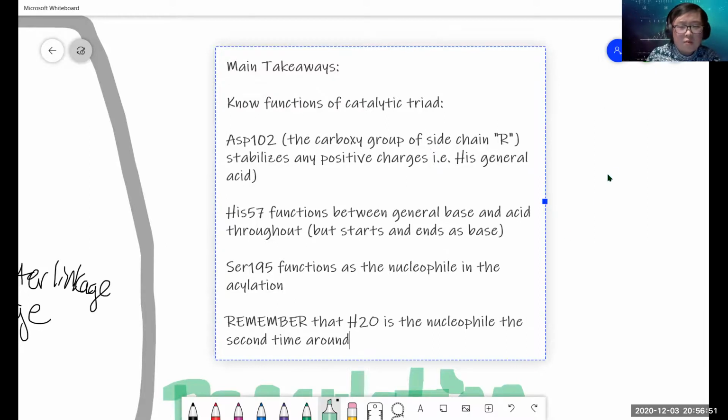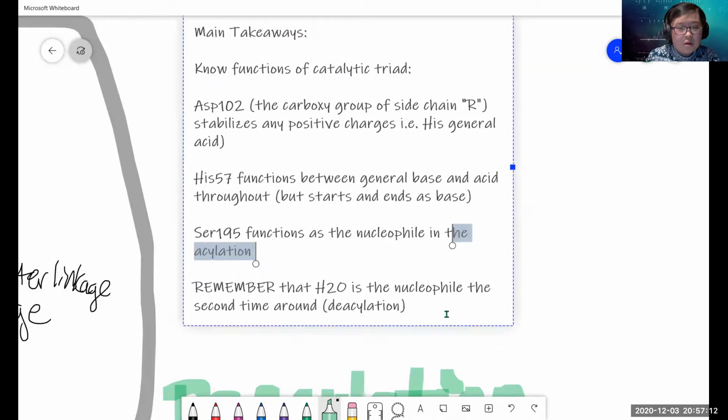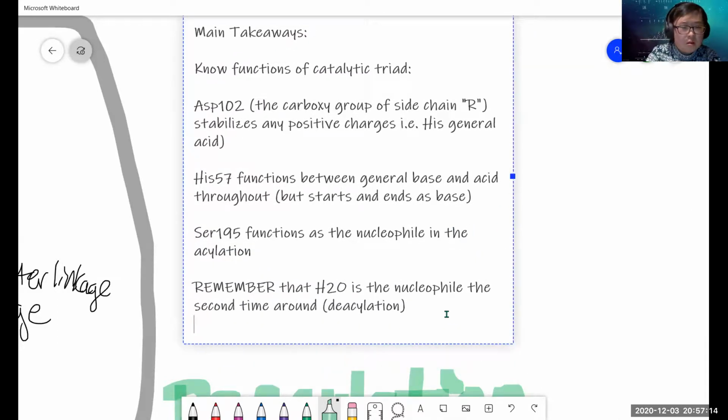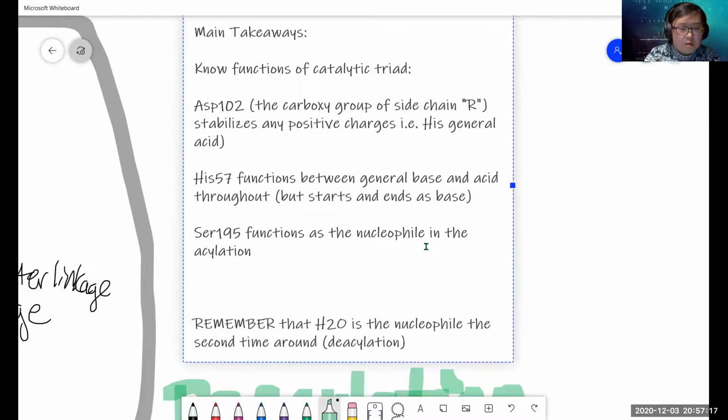Whereas the serine 195 was the first time in the acylation, and then for the deacylation, because in order to deacylate, you need to replace it with another group. And then remember that the cleavage with protease occurs at the amide bond